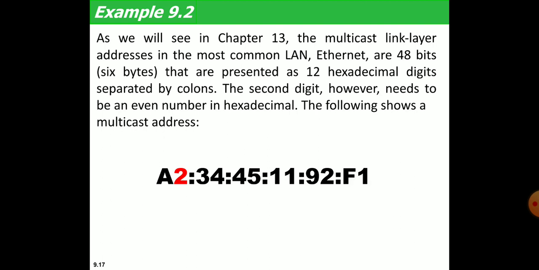Are you getting this? So a multicast address should have the MSB's octet, the second digit, as an even number, and definitely it is going to be targeted on a multicast distributor node. So this entire MAC address is targeted on a router, or it can be targeted on an access point or a switch.